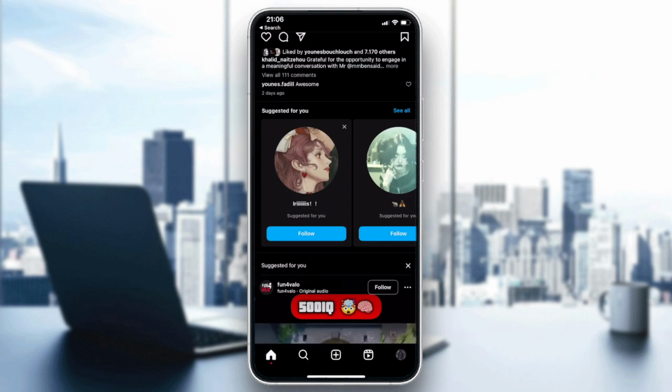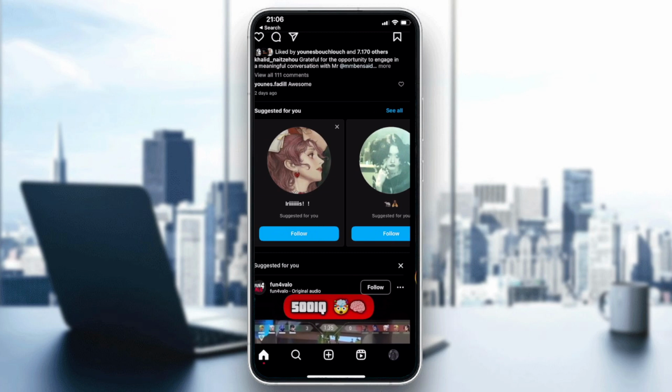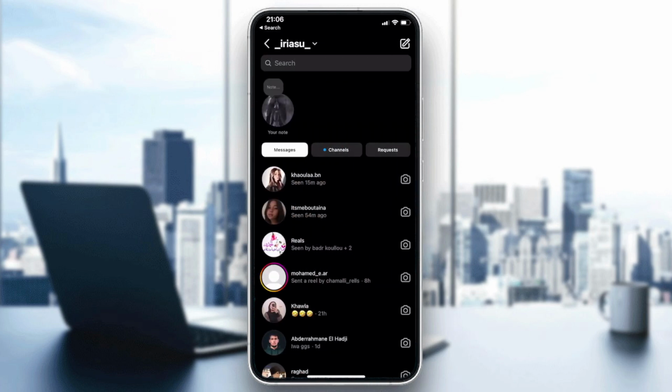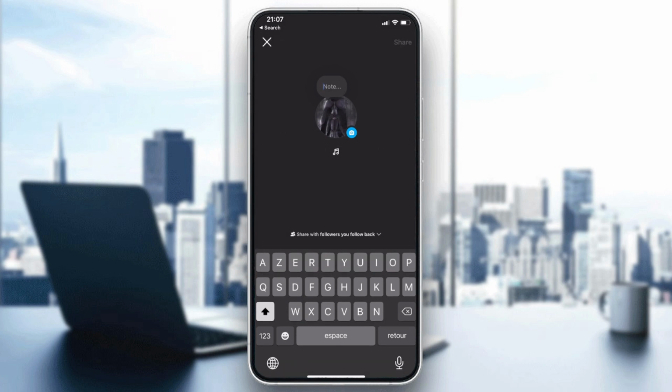After that, we will need just to go to the DMs side. So you will need just to swipe left so you can be able to go to the DMs. After that, we will find here the notes. And basically, this is your notes bar or notes menu where you can modify and have all creation for your